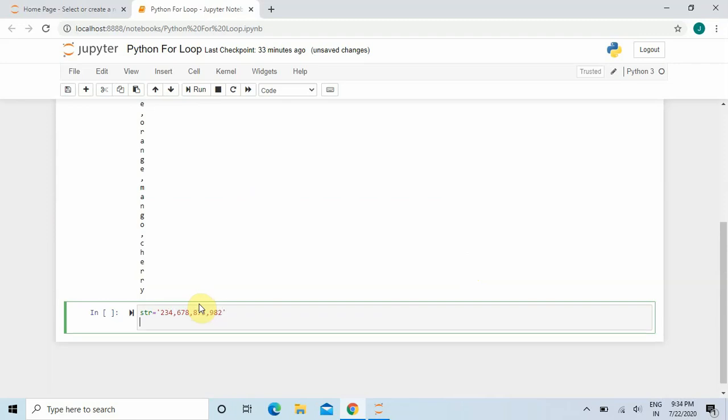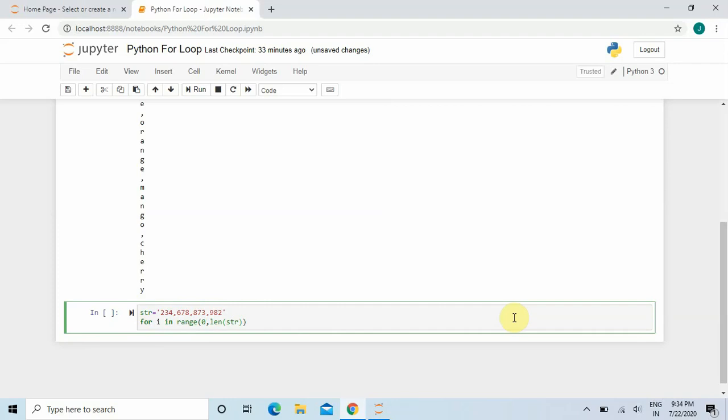Now suppose I want to print all the numbers of this string separately. Then what will I do? I will again run a for loop: for i in range 0, len of str.